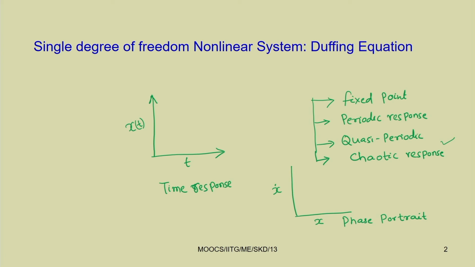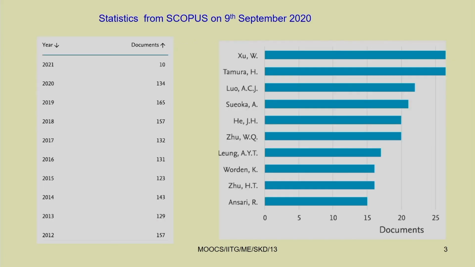All these types of response and how to characterize them we will study while studying this single degree of freedom system. Already we are familiar with the equation and solution method. For example, we know we can solve these equations by using numerical methods, or we may go for